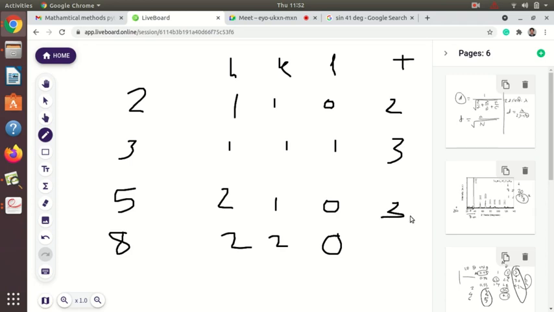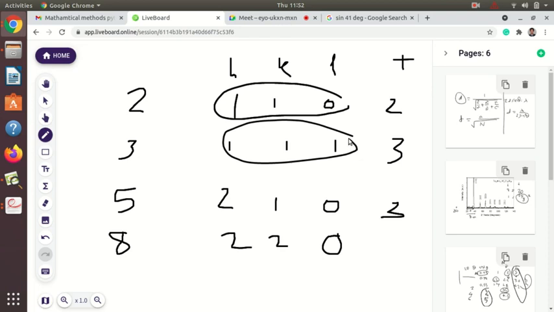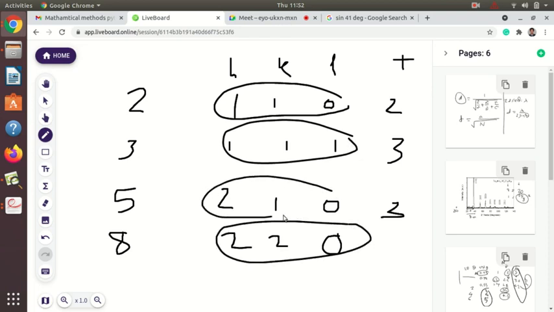So now I have considered whether all values are even or odd. Here all values are odd, here all values are even, but here there is a mixture. We have odd values as well as even values. Here also 1 and 1 are odd, but 0 is even. So these are not FCC or BCC, but this is simple cubic. In that case, if you get such values, then you will write SC. What does that mean? SC means simple cubic, not BCC, not FCC.